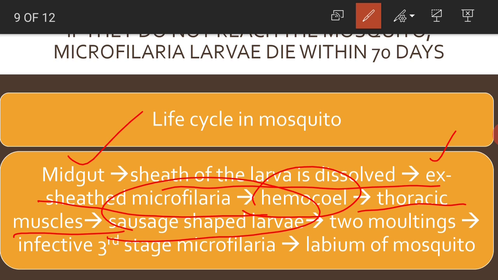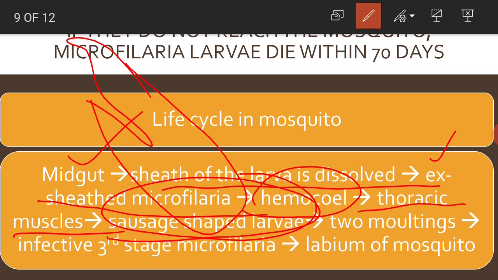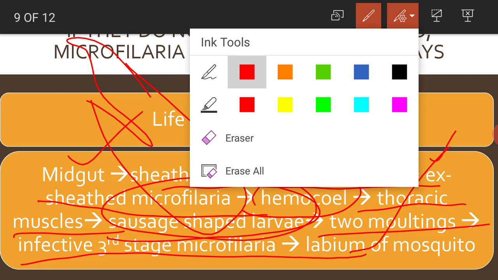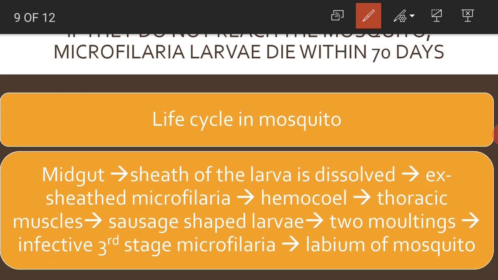It becomes a sausage-shaped larva, and the sausage-shaped larvae look like this, of course. And it undergoes two moltings, and after two moltings, it becomes the infective third stage microfilaria. This infective third stage microfilaria larva is infective to human beings. And now this infective third stage larva reaches the labium of the mosquito and waits for the entry into the